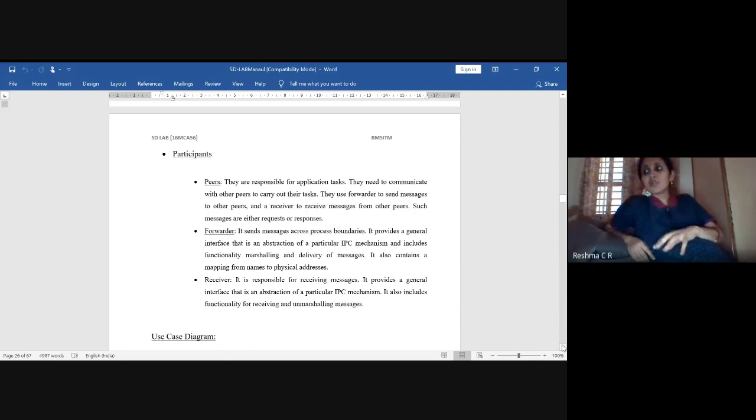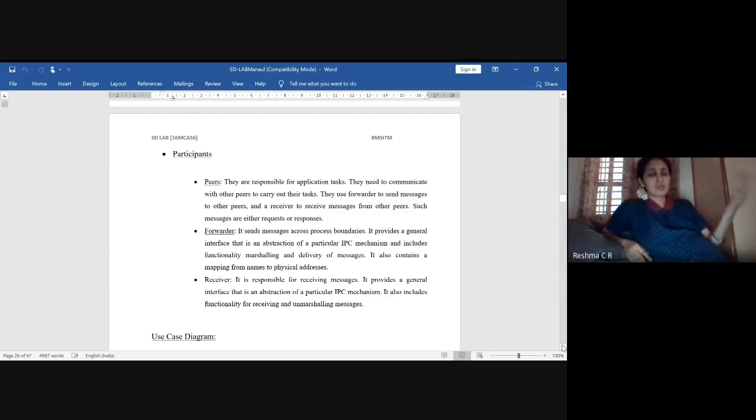Through the inter-process communication mechanism, whatever request has been raised, it will marshal all the messages and identify to whom that message has to be delivered. It will identify the physical address of the intended person and deliver that particular message to the particular peer.